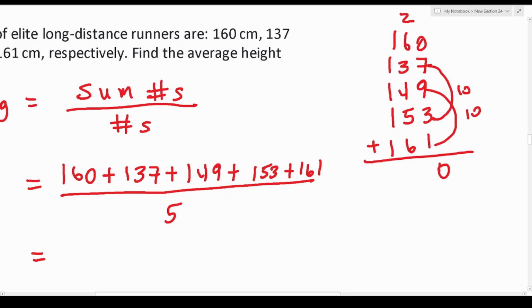We have 6 plus 4, which is 10. 6 plus 3, which is 9, so that's 19. And then we have 5. 19 plus 5 is 24. Plus 2 is 24, 25, 26. Drop down a 6, carry a 2. This is 1, 2, 3, 4, 5, 6, 7. So this becomes